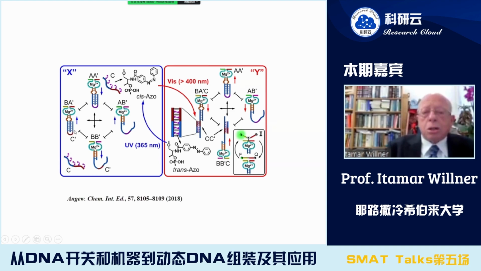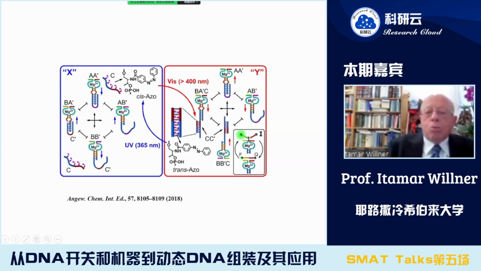One simple example that will, again, identify this adaptivity property is shown here. We have a network X. These are the four constituents. We have an auxiliary strand C that is modified by an innocent cis-azobenzene unit. If, in this case, when we shine light on it, we convert the cis-azobenzene strand into trans, it will stabilize, in this case, a duplex with this part of strand BA prime now. It will open the triplex and will stabilize here a duplex.